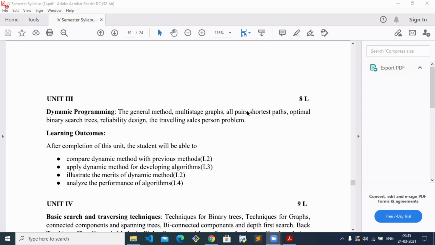Only 5 problems, 1, 2, 3, 4 and 5. 5 problems we have completed. This is your module 3 syllabus. If you have any doubt, we'll discuss that in the laboratory session. Am I clear with this? Okay then.